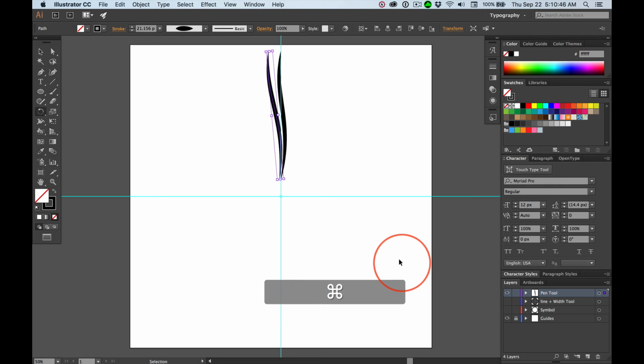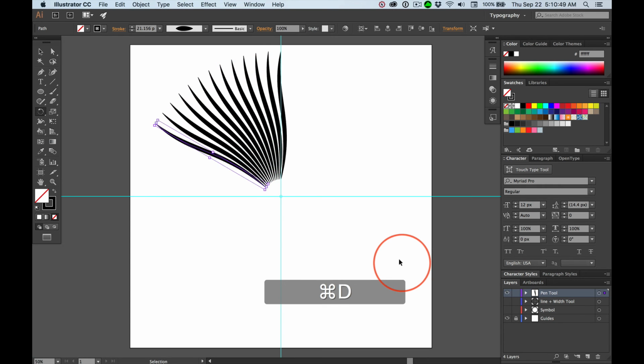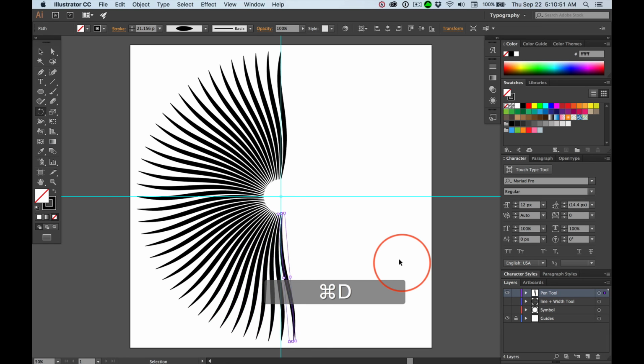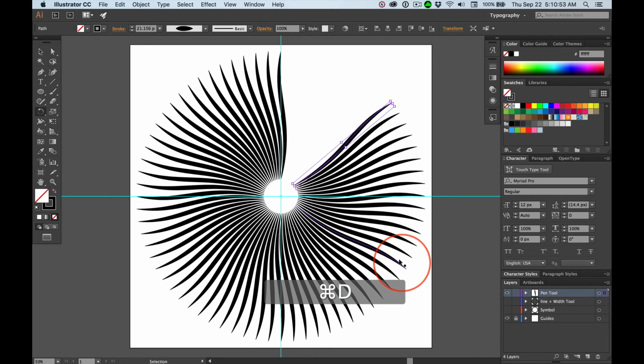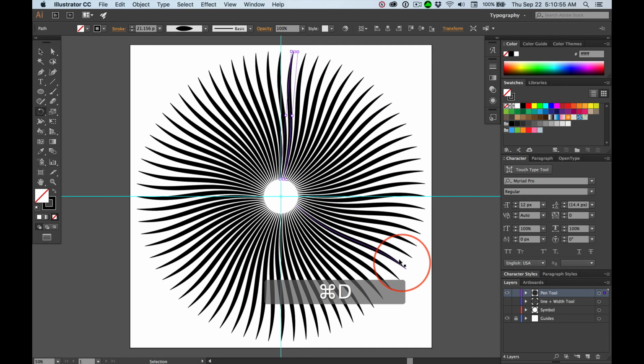And then this time, I'm just going to hold down Command and hold down D, and come all the way around till I get close and stop, and then finish it up. Now, that's a little beginning of what you can do with some of our new tools that we're learning about,